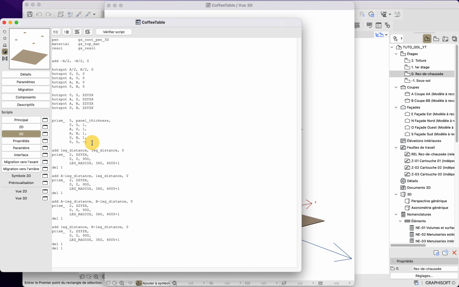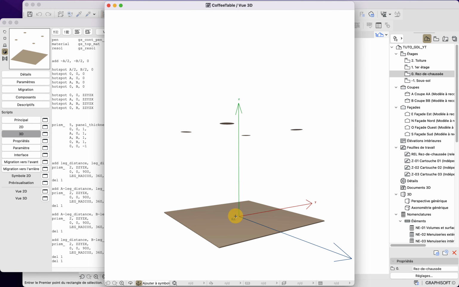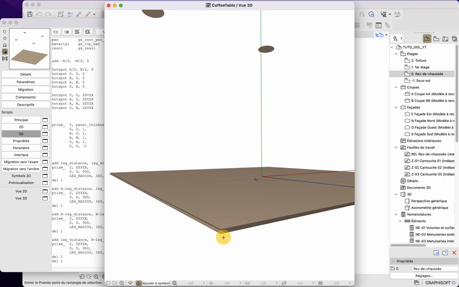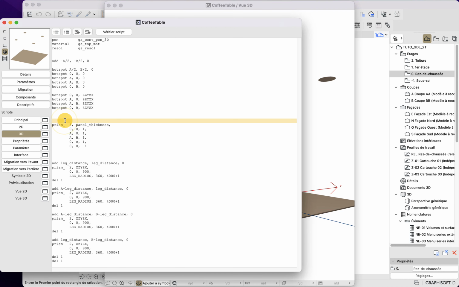Here you see that we have our panel, yeah? But we have 2 panels. We have one that is at the bottom panel height, and we have another one that is at the height. The height of a geometry in 3D obviously is at the bottom of it. The extrusion always goes in the Z direction here. So yeah, if I want to put the geometry at the correct height, I will need to subtract the panel thickness. So here, this will go like this.